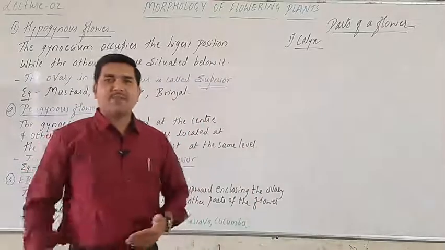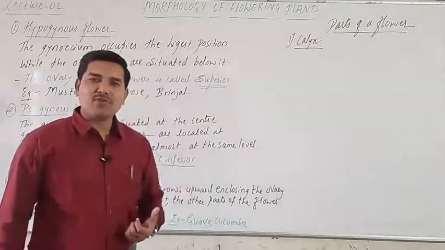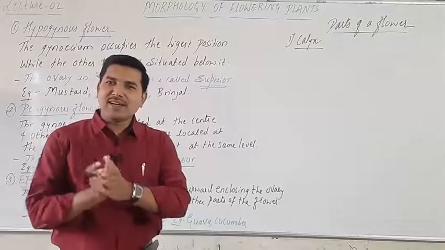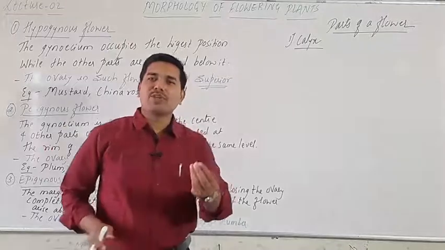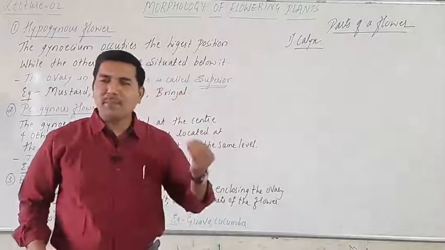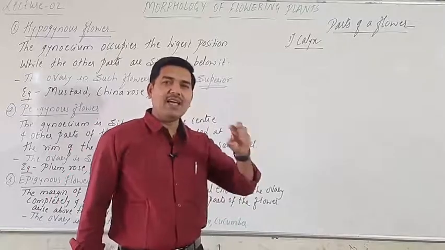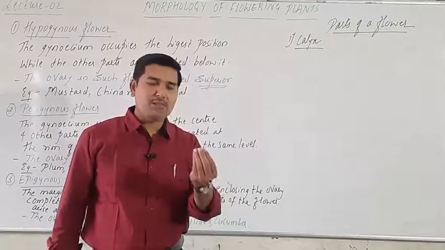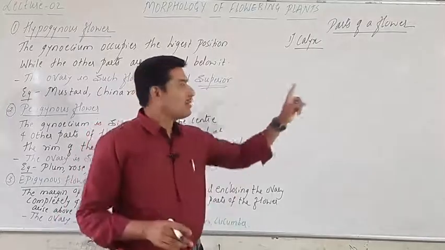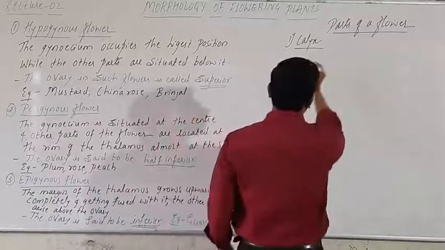Now calyx, as the name says, its units are called sepals. It is generally green in color, and the major function of the calyx is protection of the flower when it is in the bud condition. Protection of the flower when it is present in the primitive growing stage, that is, when the bud forms, what is there for protection of the bud? Calyx. Okay, so calyx